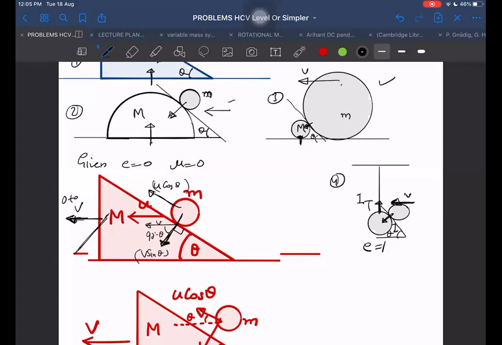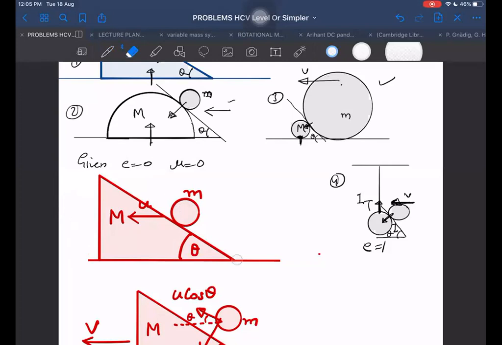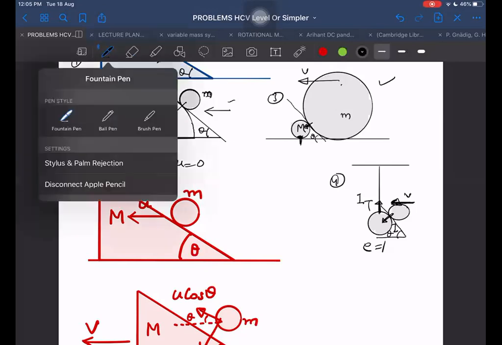Are you okay with this part? Yes, sir. But from NLM. Okay, from NLM we have discussed it here. Just from NLM it is coming directly. So this part is understood, right? To be in contact, the perpendicular velocity should be the same.